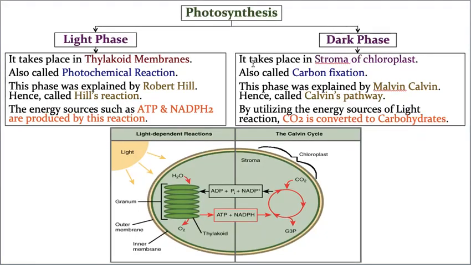Now let us take the second one. Photosynthesis is broadly categorized into light reaction and dark reaction. Till now I explained about the light reaction. Now I am going to explain about the dark reaction. Where does the dark reaction take place? It takes place in the stroma. See, this is the fluid part of the chloroplast. In the stroma, this dark reaction takes place, where the atmospheric carbon dioxide converts into food material.